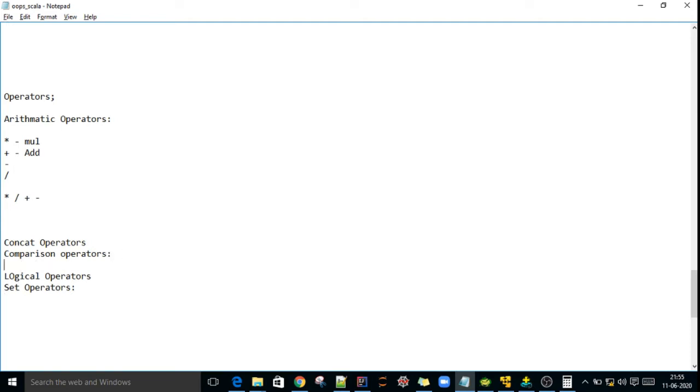Comparison operators: equal operator, that is equal; not equal operator, not equal.